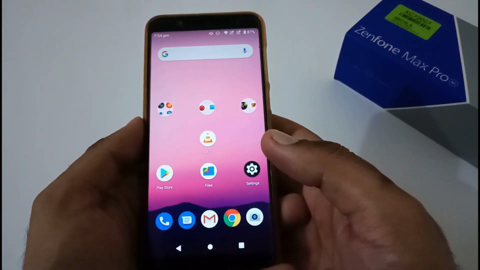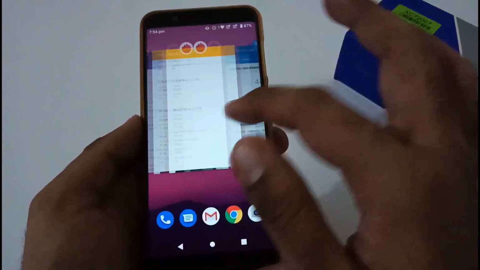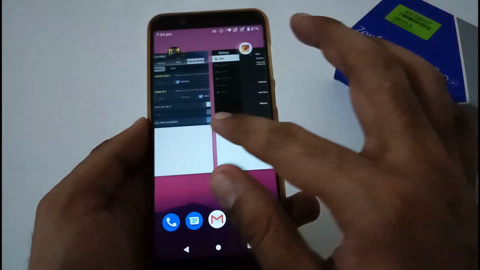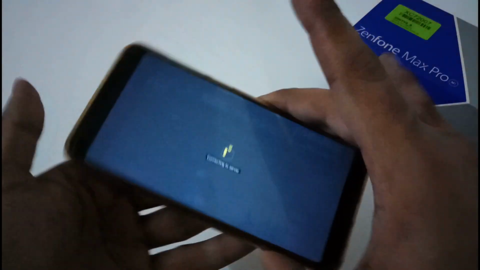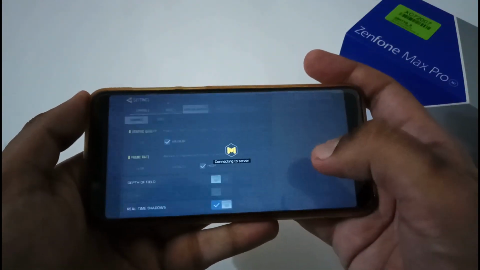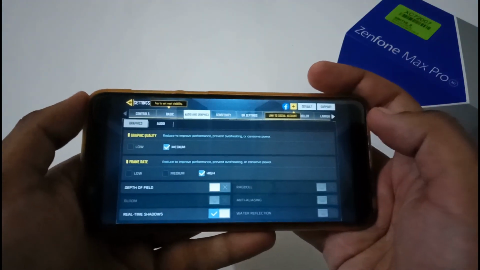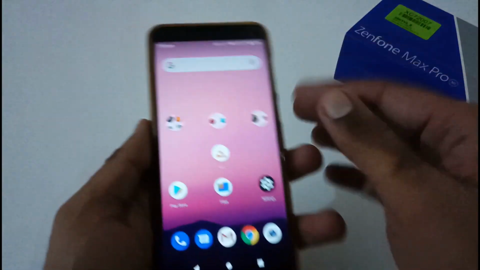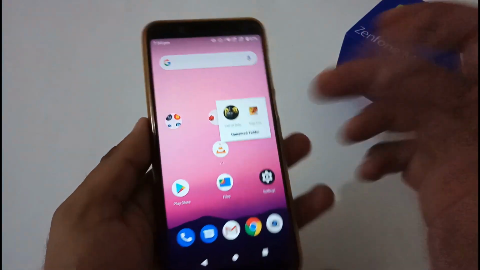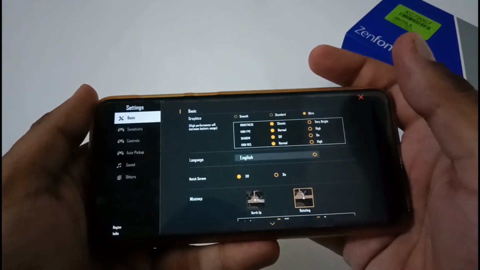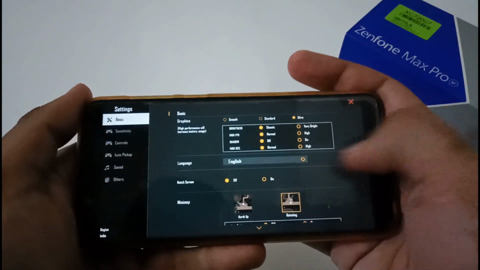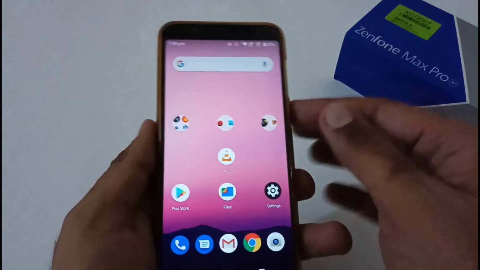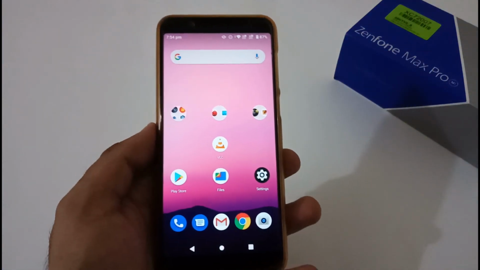Apart from this, now let's focus on our RAM and memory management. So let me open maybe, okay, Call of Duty. So you can see that it is just connecting to server, but it is opening from the same window where we left. Like I opened this 5 to 6 minutes ago when we were creating this particular video. Apart from this, let's open Free Fire from Garena. So it is also working fine. So overall, you won't find any problem with the RAM and memory management on both versions.